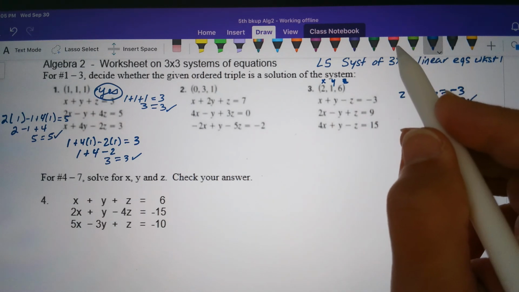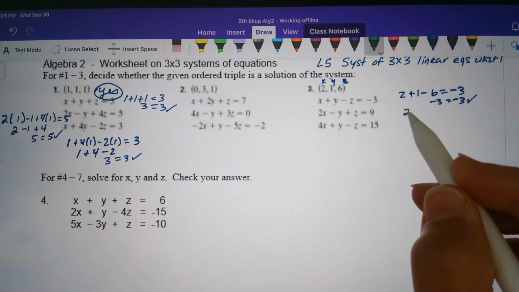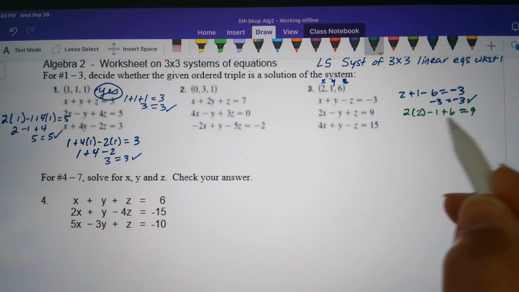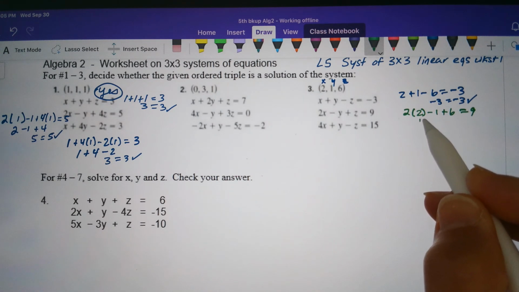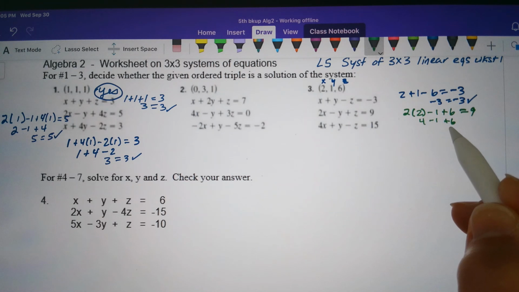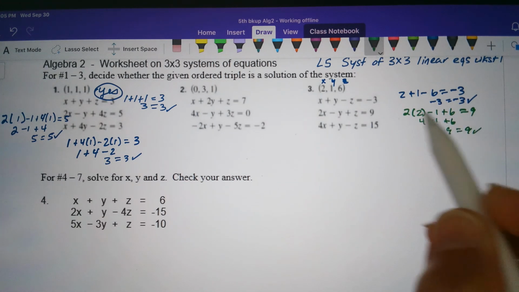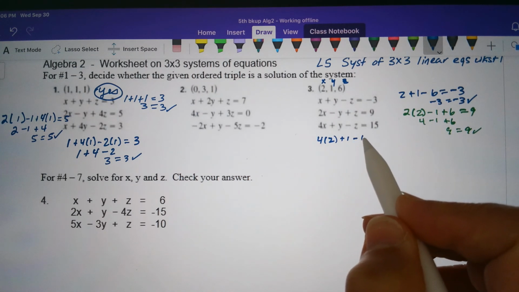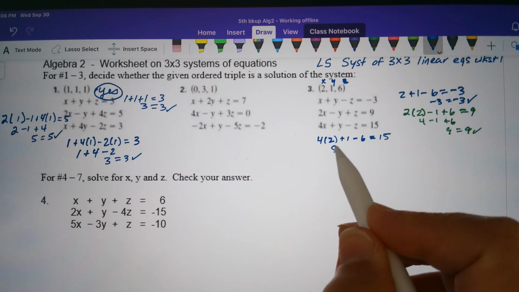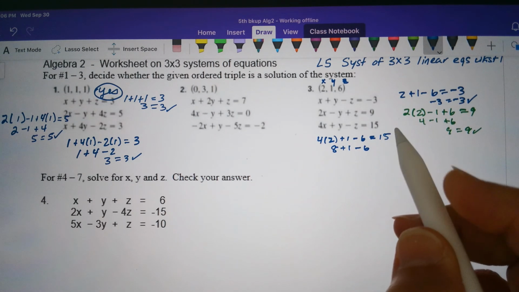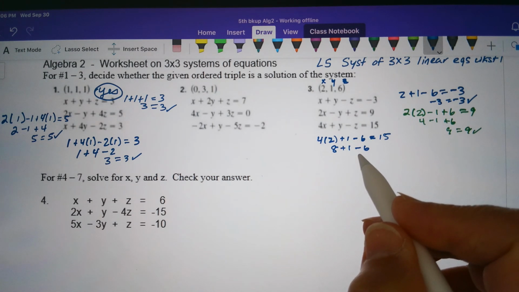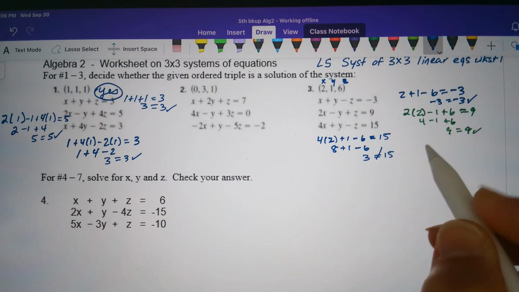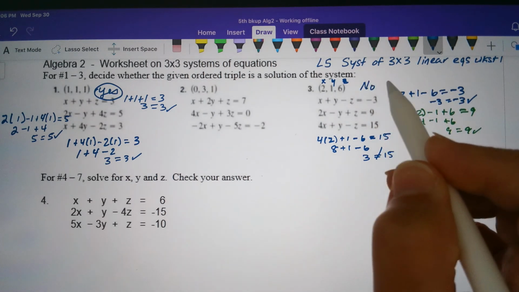The second equation, let me change the color. 2 times 2 minus 1 plus 6, does that equal 9? That's 4 minus 1 is 3 plus 6 is 9. That checks. And the third equation, 4 times 2 plus 1 minus 6, does that equal 15? That's 8 plus 1 is 9, 9 subtract 6 is 3. 3 equals 15. That's a no. 3 doesn't equal 15, so no, this is not a solution